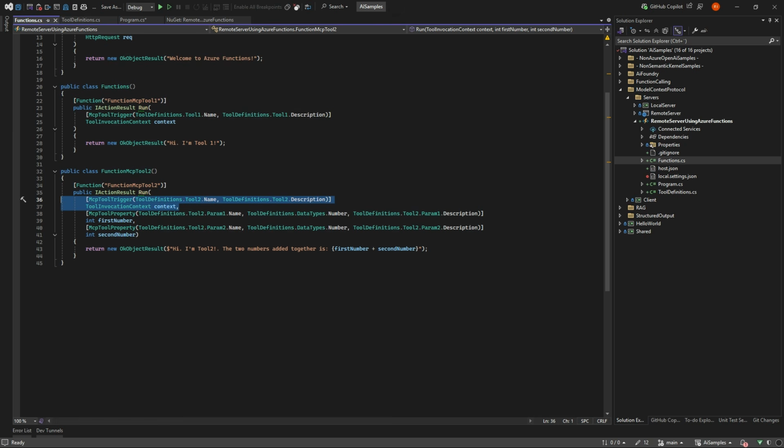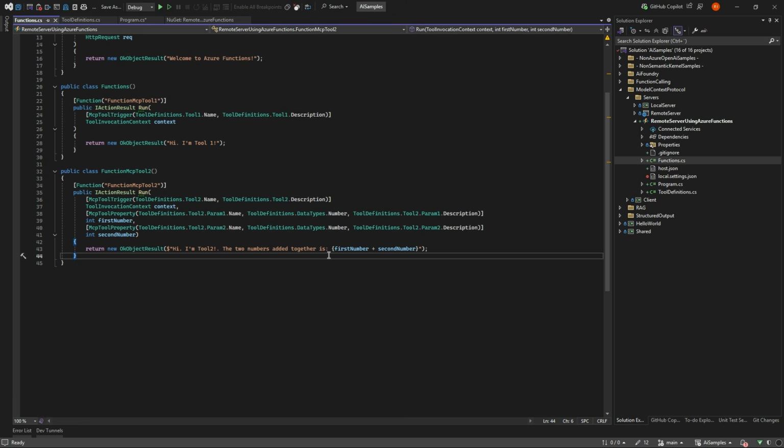Tool 2 is fairly much the same. We have the trigger, and then we take in two parameters, and we need these extra attributes in order to map them whenever they come in. But we essentially just get two parameters, first number and second number. And we just write back, hi, I'm tool 2, and the two numbers added together here.